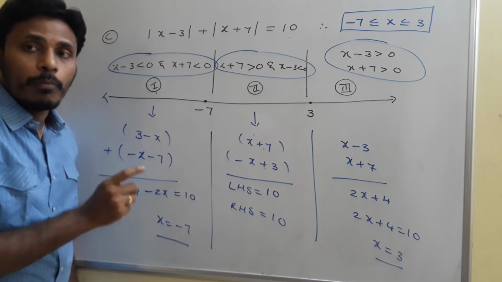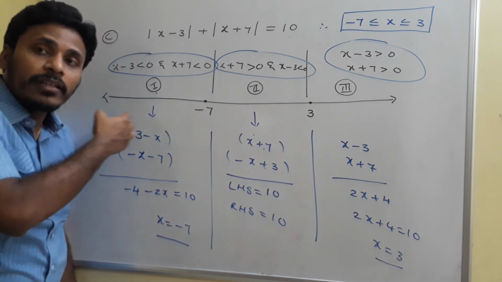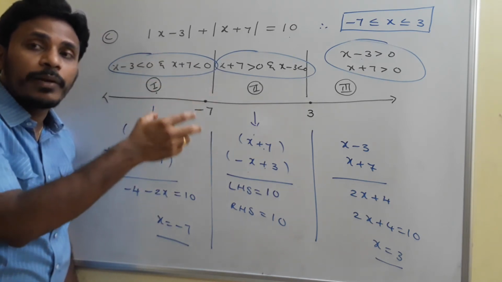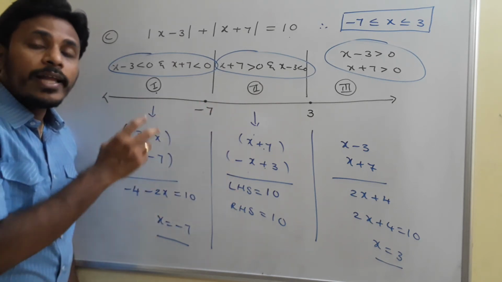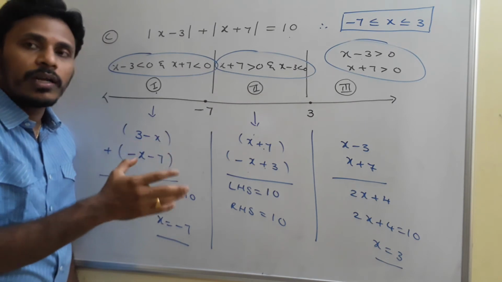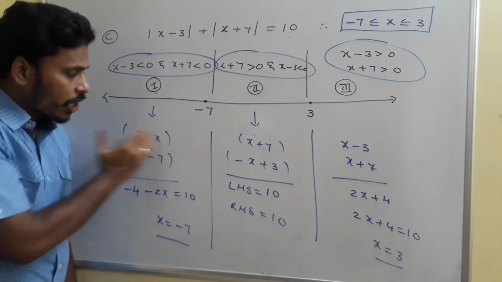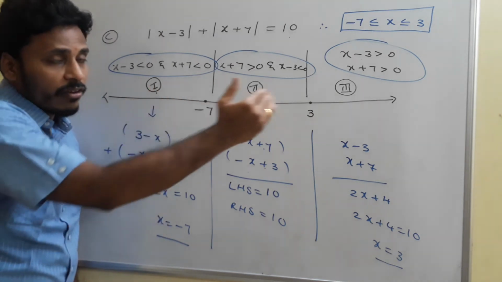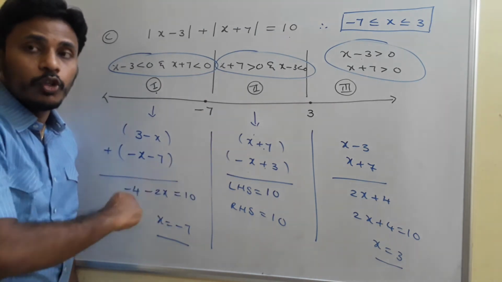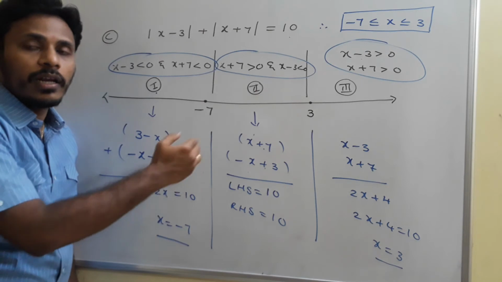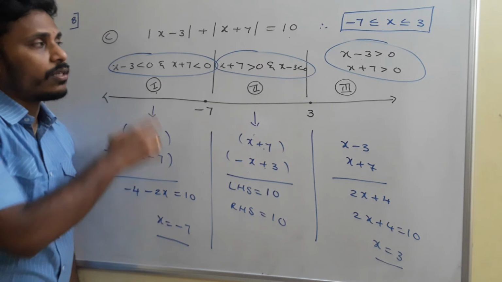So after being given a problem like this, first of all you need to identify these critical points, and then divide the number line into different regions based on those critical points, and solve in each and every region. If you try more and more problems, you will get a clear idea. In the last region on the left, for sure everything is negative. In the right side region, for sure everything is positive. If you have some regions between those two, alternately you get one positive and one negative. So this is the way to solve these types of problems.